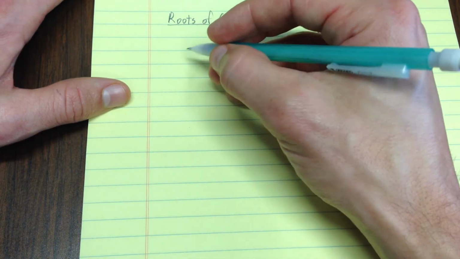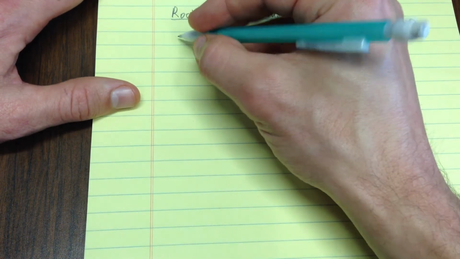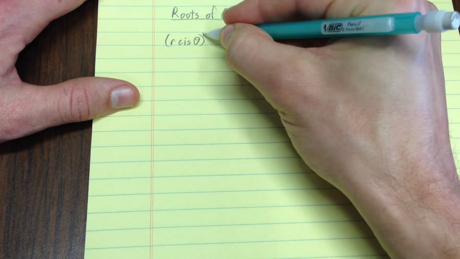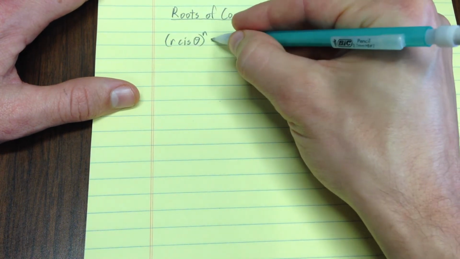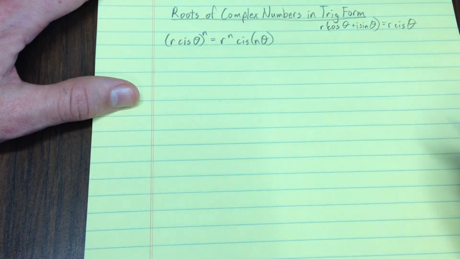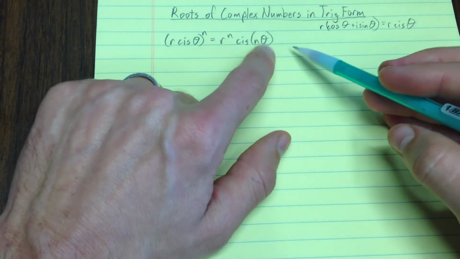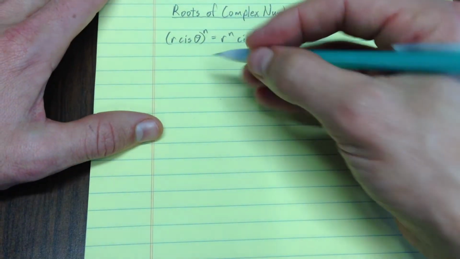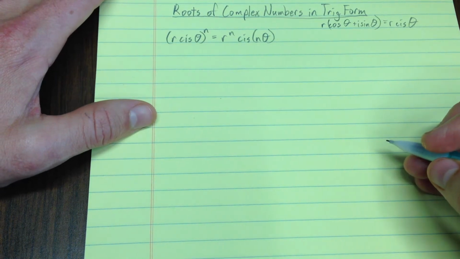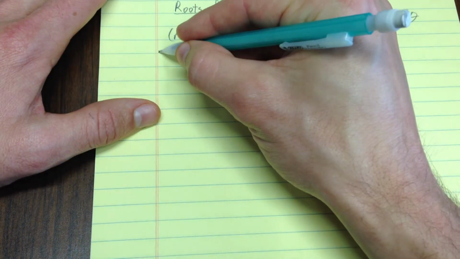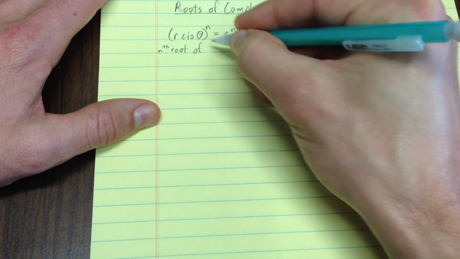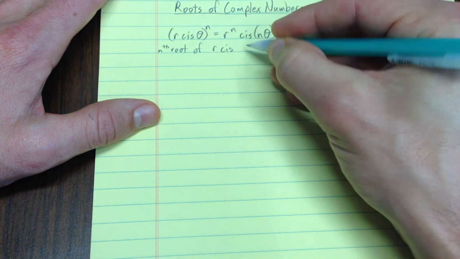r being the magnitude, theta being the angle from the positive x-axis. You remember that you have this great rule for powers that works like this: r cis theta to the n is r to the n cis n theta. Magnitude to a power, multiply the degree. The same thing happens for fractions, right? If you're trying to take the nth root of r cis theta,